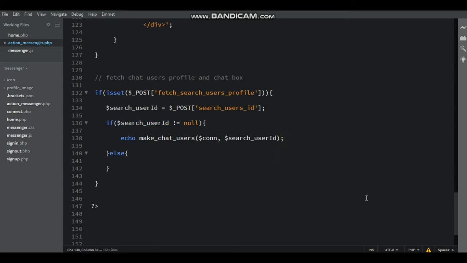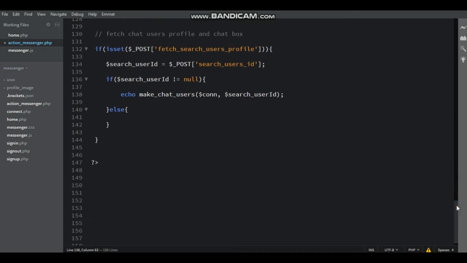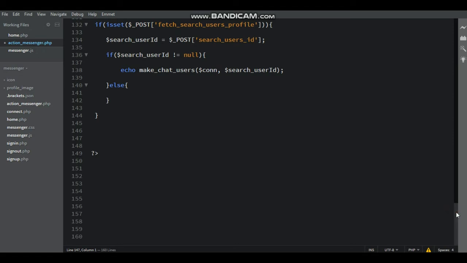Below the if else function, write the function method, that is function make chat users functions. Copy that, then paste it.